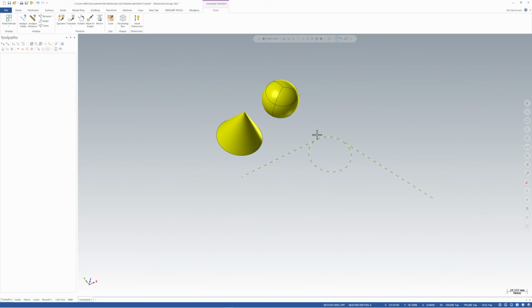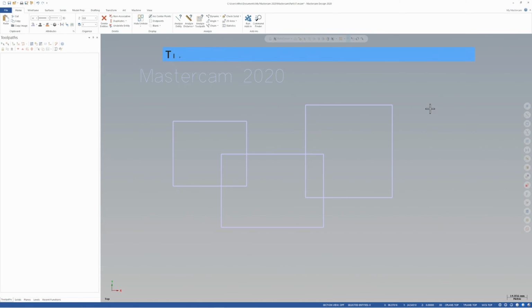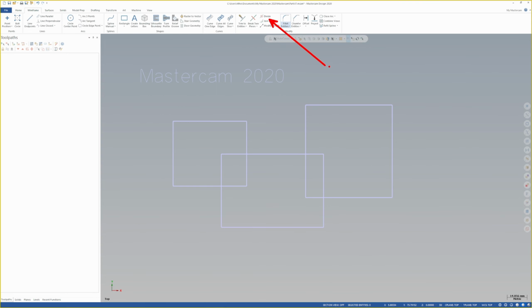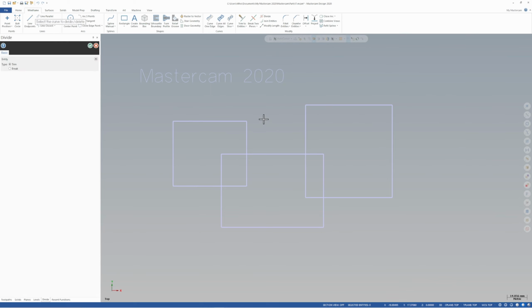In terms of 2D wireframe editing, you may be aware of the divide function. Let me go to the wireframe menu at the top of the screen. Choose divide. What you may have noticed when you've tried to use divide sometimes is that you click on a line to delete it and you sometimes accidentally draw a little squiggle, a little extra curve. Now the idea behind this function, if I start again,